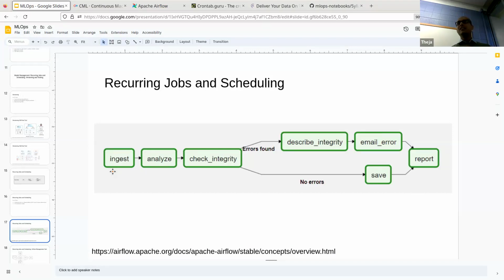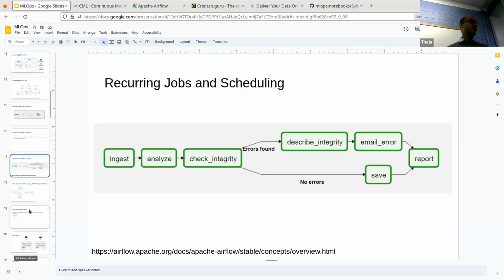Acyclicity, or not having cycles, is important because you can't have a task go back and lead to another task. It cannot be an infinite loop where one triggers the other and the other triggers this one and so on. So acyclicity is important, but this is a very nice abstraction, a very nice way of thinking of a collection of jobs.